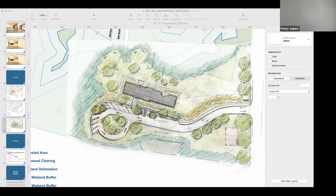And then just as we're talking about the site in generalities, two things to keep in mind is that there still is a plan, I think, to put community gardens on the site somewhere. And secondly, though not part of the library project per se, I think the goal is to put a tiny little play area outside for kids with some structures. So I don't know where